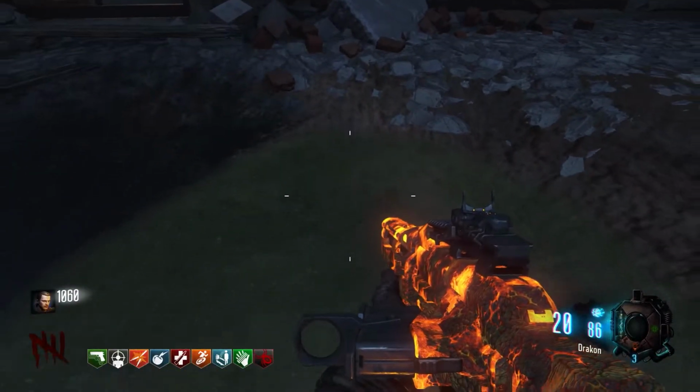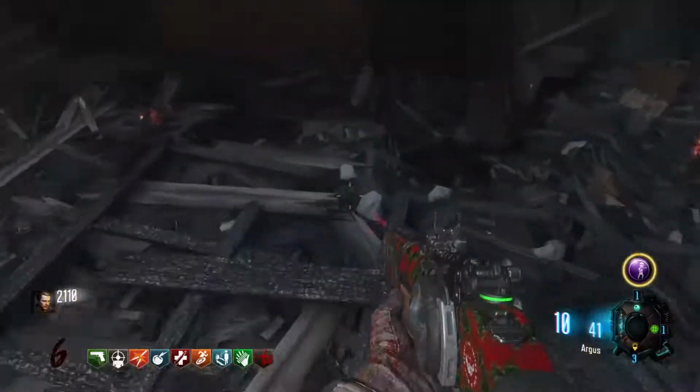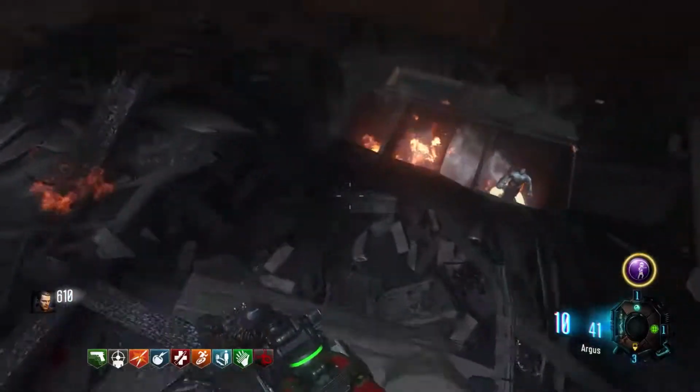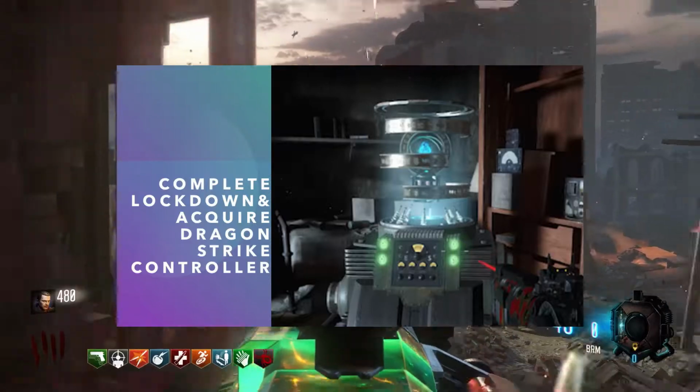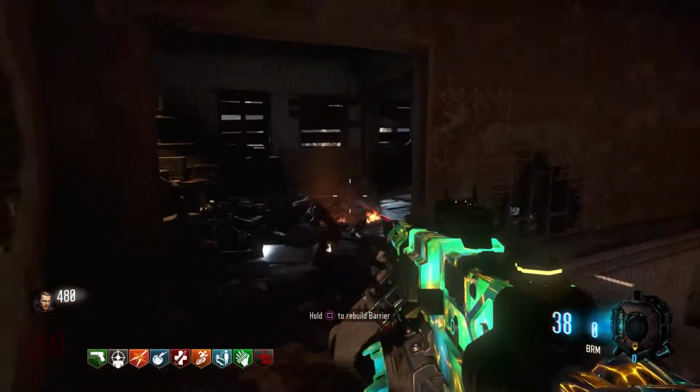Here we use the Dragon Strike controller we get from the first lockdown to unveil the trophy in the puddle next to the supply depot. And the 5th trophy will be located inside the supply depot that is also unveiled after you activate the giant beam trap. Now, in order to start the first lockdown, we must go back to Pack-a-Punch and hit that Dragon